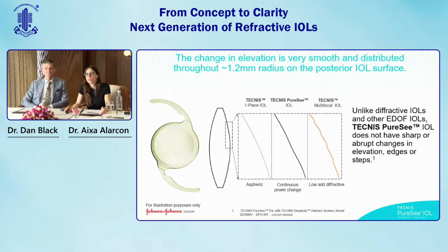And before we go, I would like to mention that this change in elevation in the posterior side of the lens is fundamentally different from what you can see with a diffractive IOL. In diffractive IOLs, and you can see the illustration here in orange, these diffractive rings are visible in the elevation profile, like very sharp and abrupt changes in elevation. But that's fundamentally different from what you can see with Technis PureSee, where the elevation just changes smoothly and continuously through the posterior side of the lens. So this means